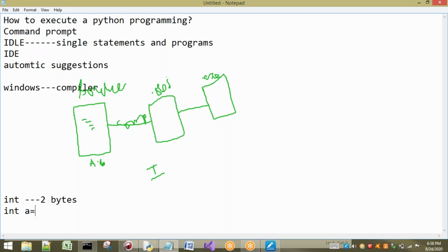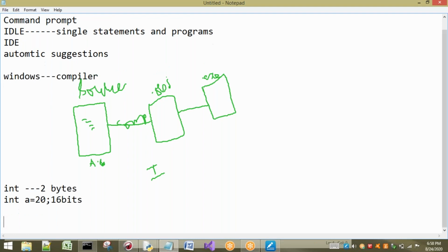So I take int a equal to 20 in one operating system, Windows, which has one compiler. Internally 2 bytes is 16 bits, so it allocates 16 bits. In another computer, for example Linux, I execute the same program with a different compiler which has 4 bytes.